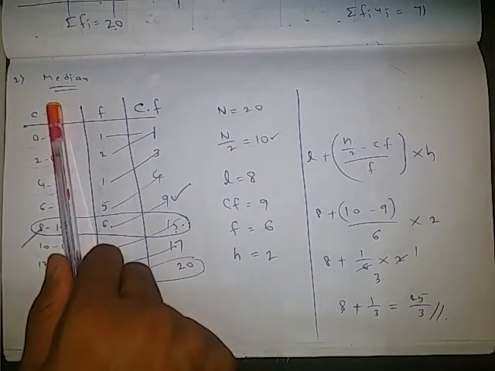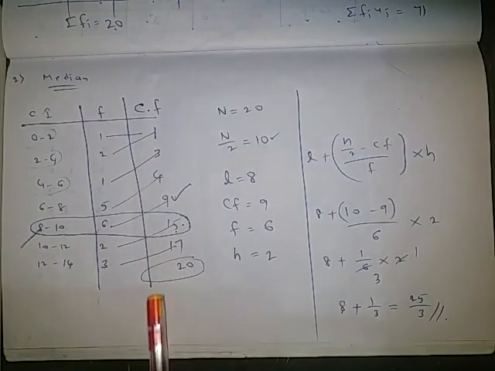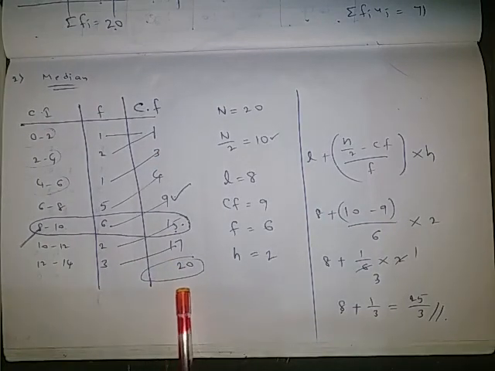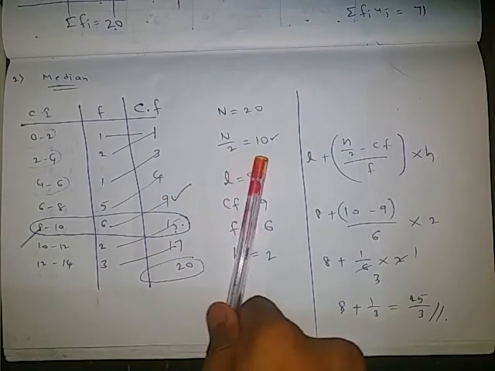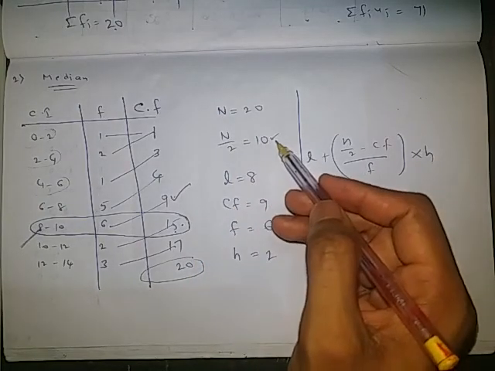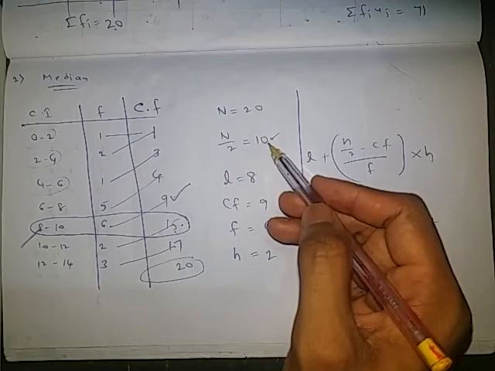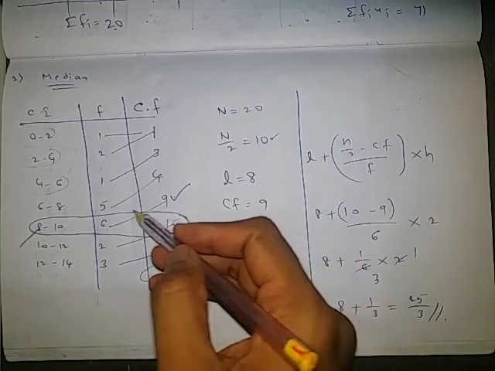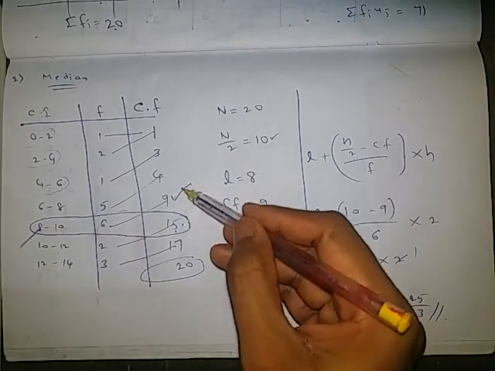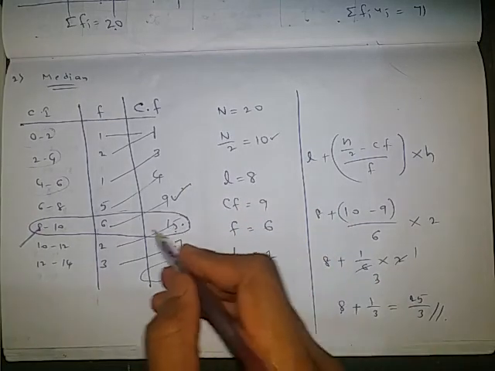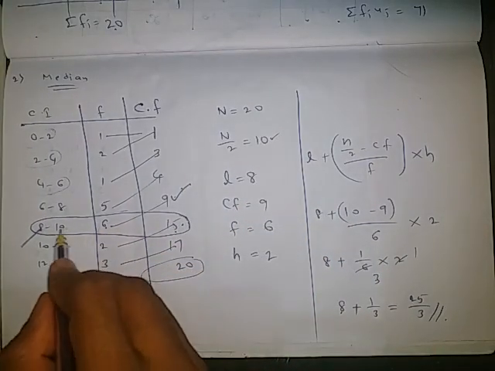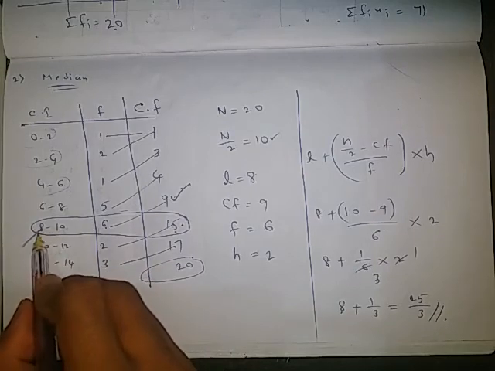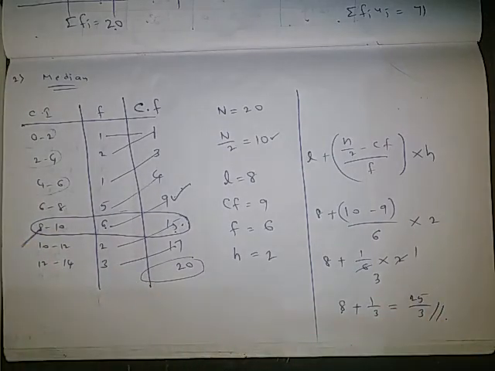The median is very easy. Write the cumulative frequencies first and check the last number in the cumulative frequencies. That will be n. And for that n, find n by 2. Here you will get 10. Now check which is a little more. Compulsorily it should be more only. More than 10, that is 15 here. So that 15 row you check clearly. Above 15 that will become cumulative frequency. In the same row that will become frequency. In the same row if you observe the class intervals, the lower boundary is 8. Substitute in the formula and solve the remaining.